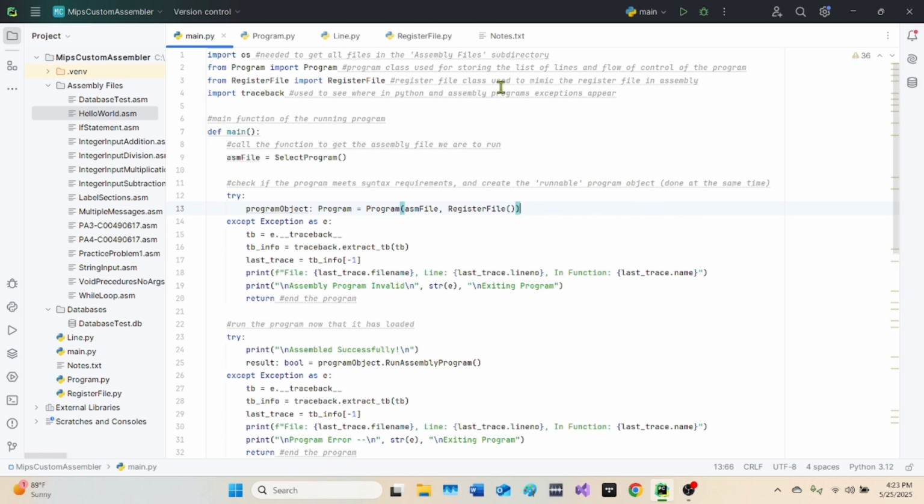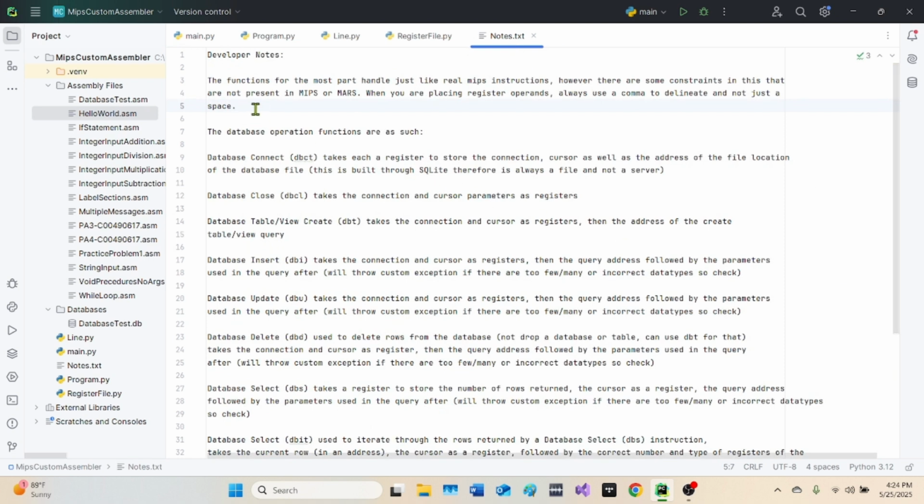So I'm going to start off with a couple of notes real quick. First off, the functions for the most part handle just like the real MIPS instructions, though there are some things that are not present in MIPS or Mars. Certain instructions have not been added in, such as the double instructions, which I just didn't need, and a couple of syscalls, which are not needed since doubles are not in there. And then also when placing register operands, you need to use a comma to delineate, because using just a space